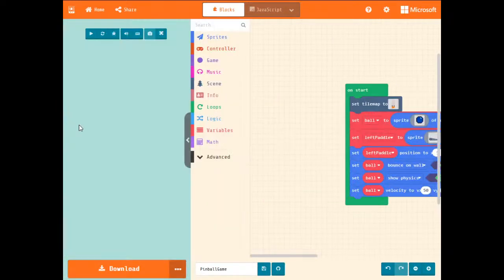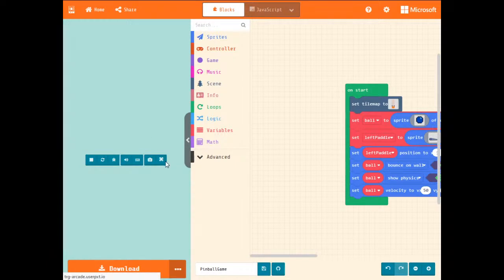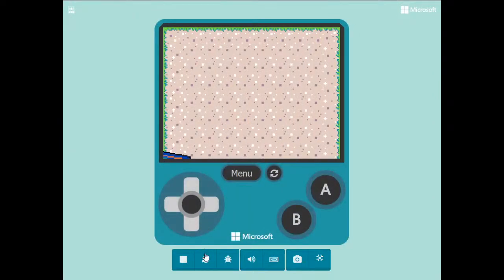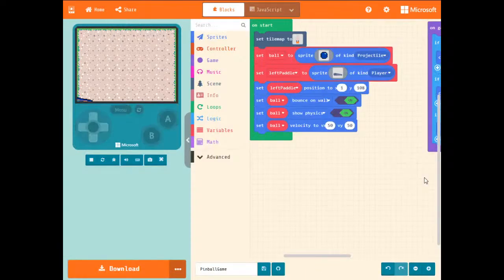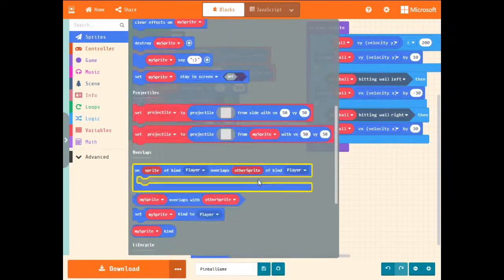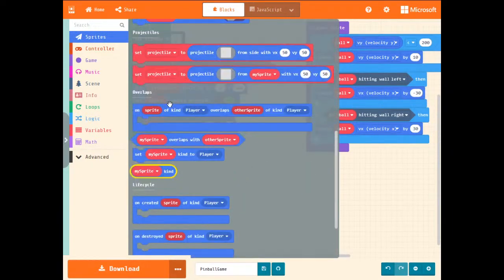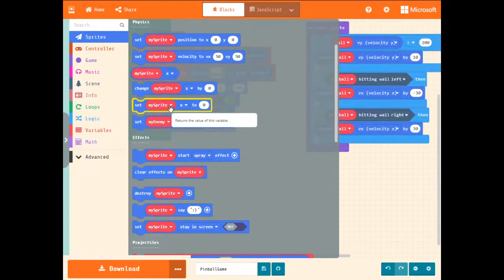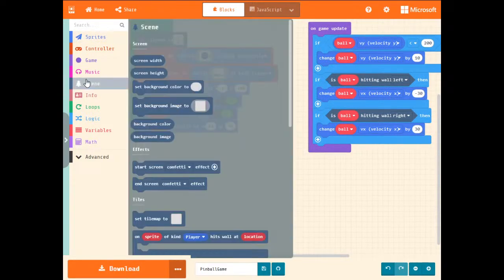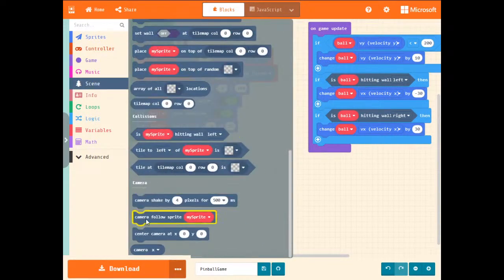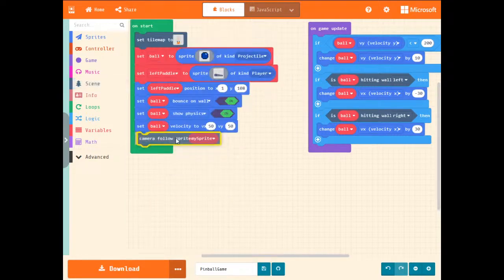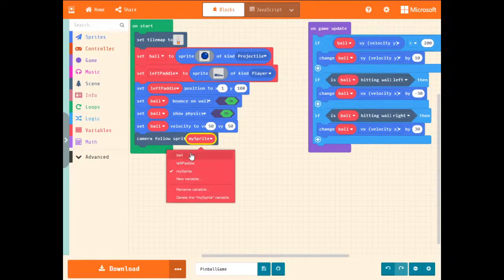So if we open up the simulator, which will take ages, we can see, I don't know whether you saw that, but our ball is now falling through the world. But we can't see anything because the camera is just staying in the same place. So we need to get the camera to follow the ball. So if you go to sprites, scroll down, and no, I'm lying, ignore me. Go to scene and scroll down. We can find the option camera follow sprite. And if we change that to the ball,